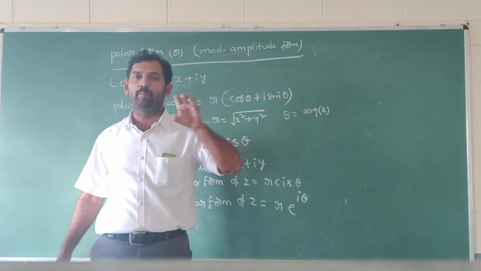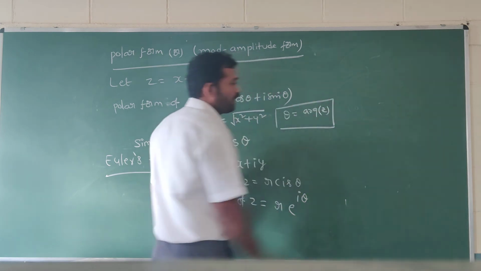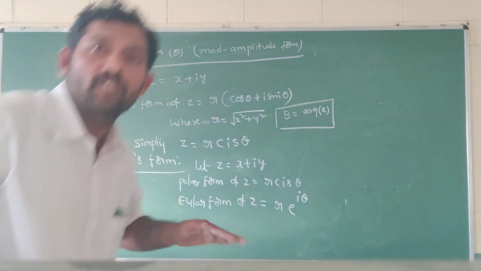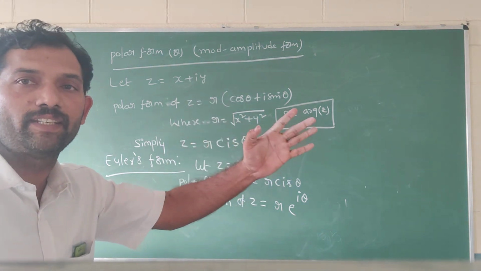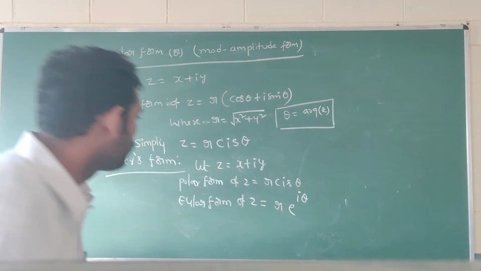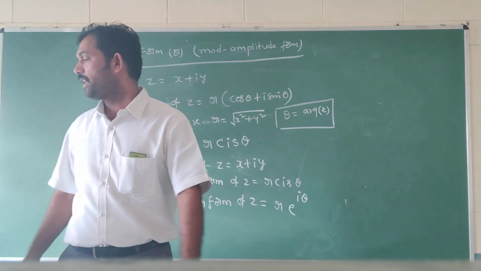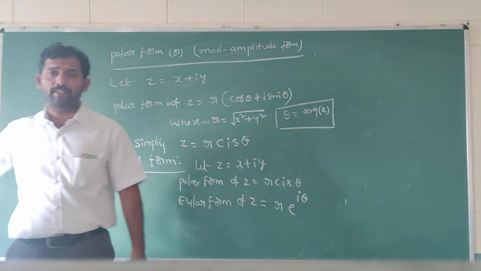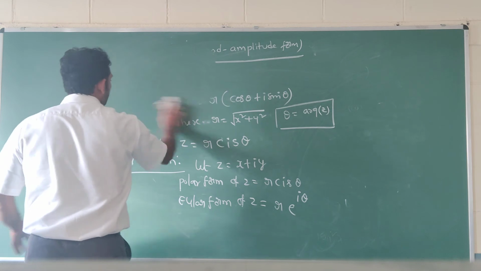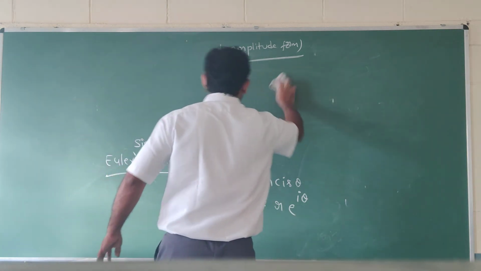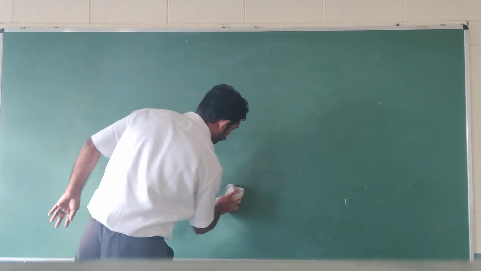So how are we going to simplify the argument? The same simplification you have to follow for first quadrant, second quadrant, third quadrant, as it is for every problem. Only the exponential e^(i theta) is new. There are small applications on Euler's form and polar form. I will give a mixed one. You have to note down.